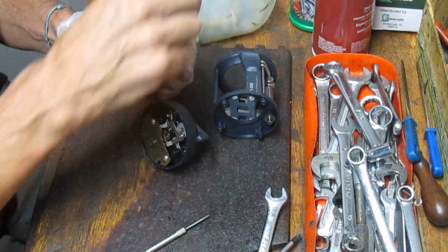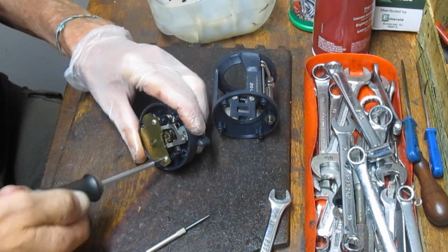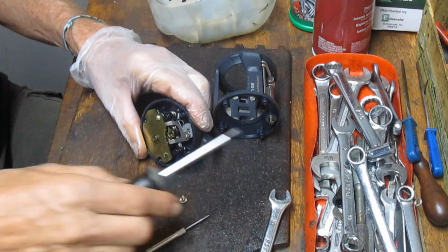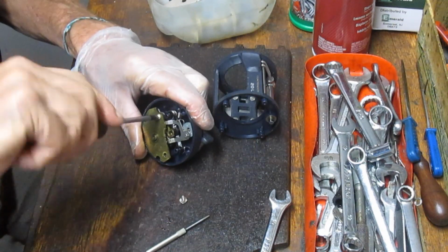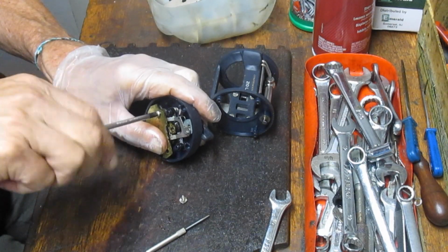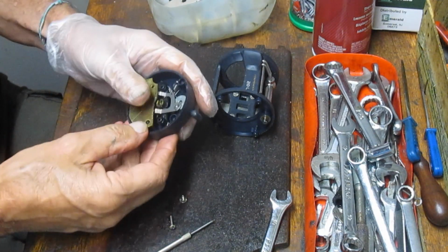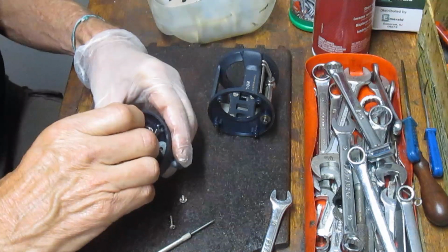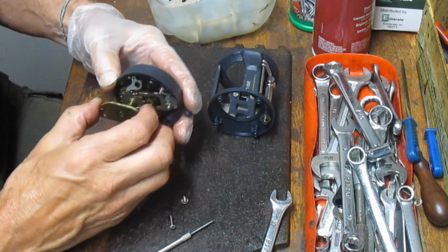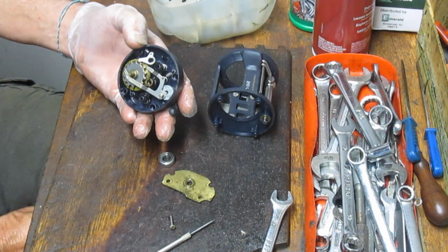Okay, so we've got the clip out, the E-clip. Now we're going to see that it's held on here by 2 side plate screws. Again, note the orientation of these. That's going to take the bridge plate off, and then we'll have the gearing and everything else underneath. Here's your second one. Then we've got a series of screws, so be careful as you remove this then. And quite honestly, I've forgotten that you also need to take the